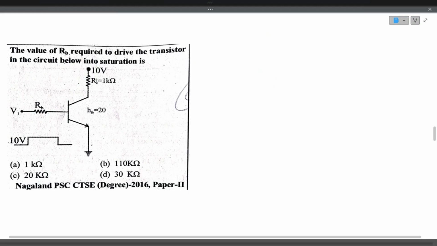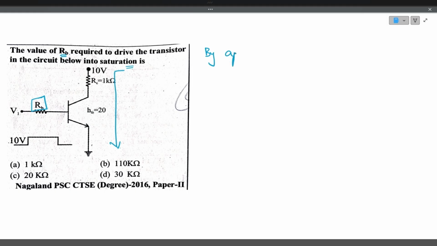The value of RB, that is the base resistance, required to drive the transistor circuit into saturation. So he's telling that the transistor needs to be driven into saturation mode, and what is the value of base resistance required for that. Okay, now we'll calculate the saturation current first. We'll apply the Kirchhoff voltage law in the output loop. So by applying KVL in the output loop,